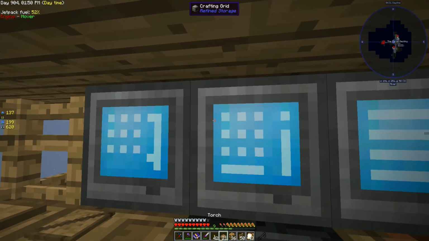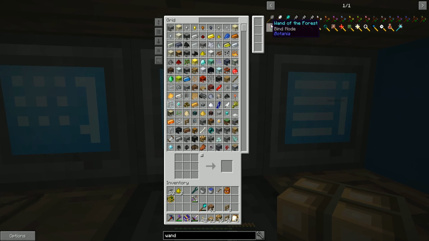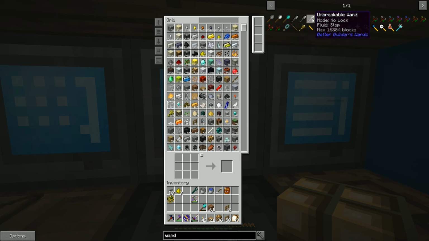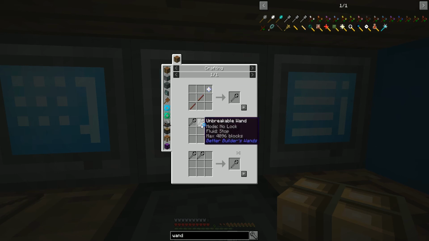But I wanted to make a better builder's wand. We've been rocking one of these diamond ones for a long while now. But there are unbreakable ones that just get ridiculous. I think the biggest one is 16,000. It's absolutely ridiculous. But we can make the low tier one. Actually, we may even be able to make a tier 2, because I don't think I've got enough to make...